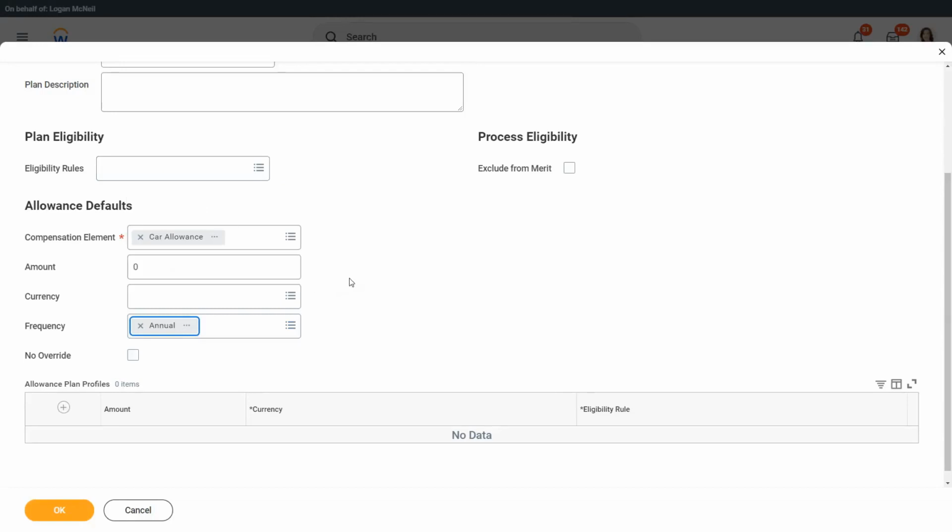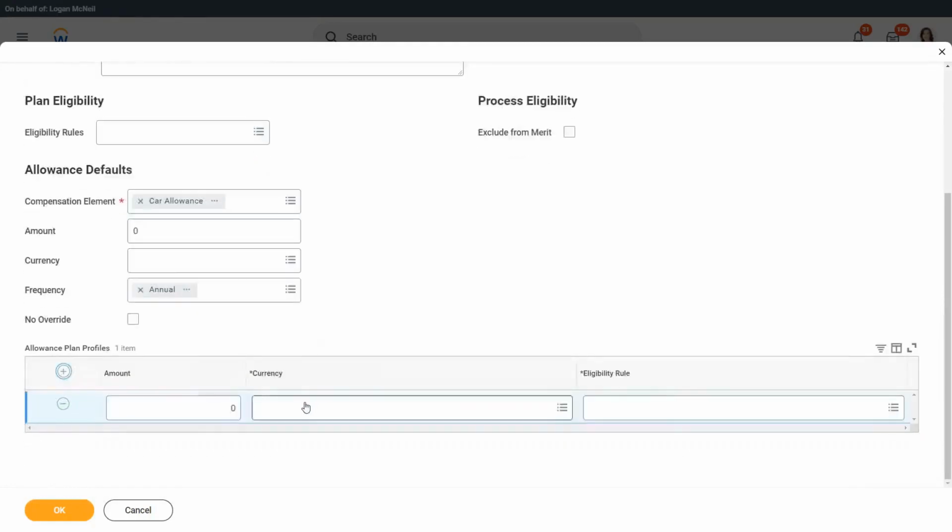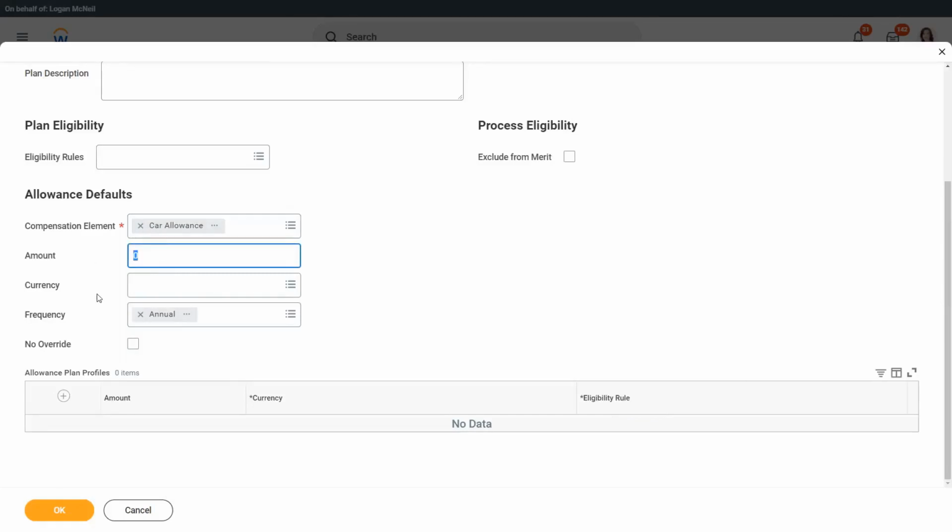Let's say it is an annual amount. The default amount is $1,200. Okay. $1,200 annual. That is your car allowance.